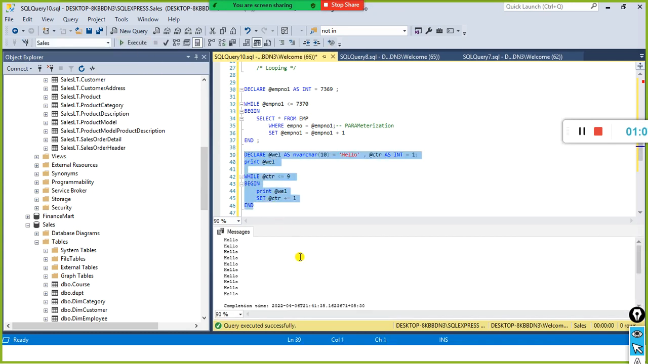If I want to print hello 10 times, 2, 4, 6, 8, 10, right? So how does it work? Now, one thing you need to remember very well: if I execute this one, it prints hello only one time. If your manager asks you to print hello, let's say,